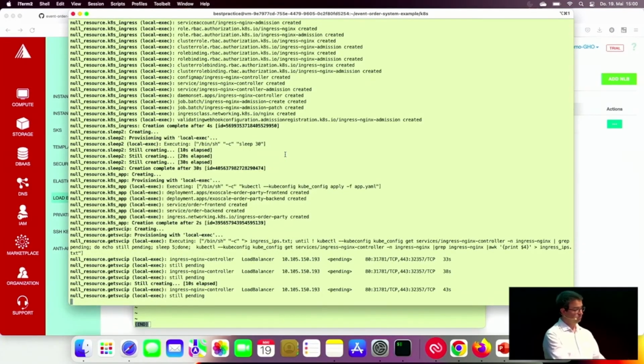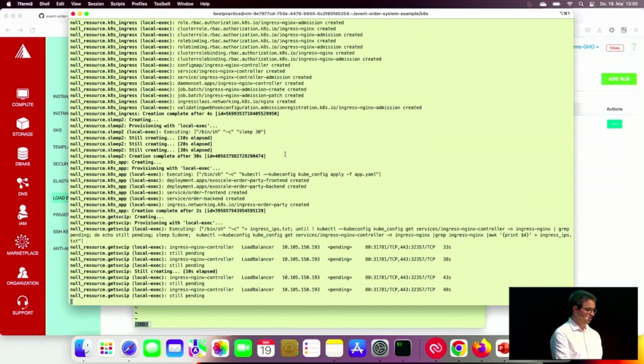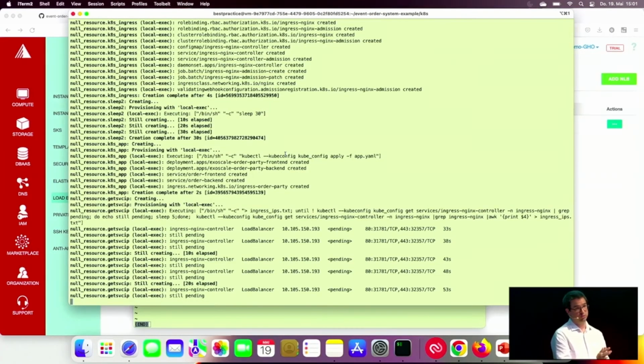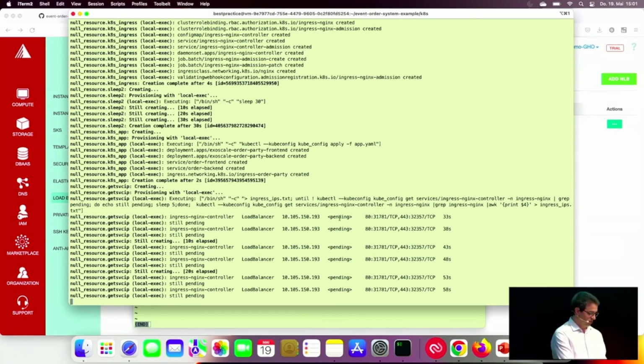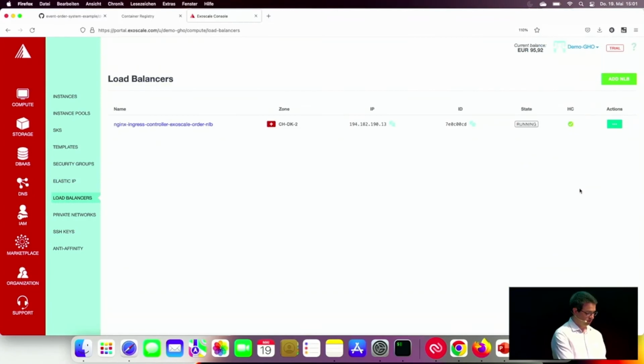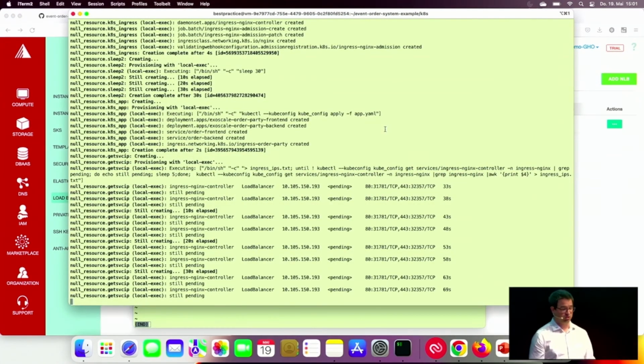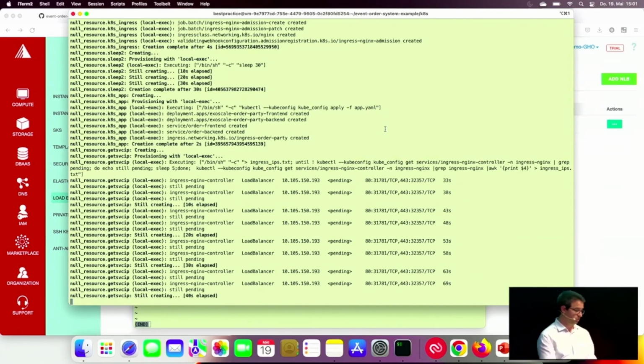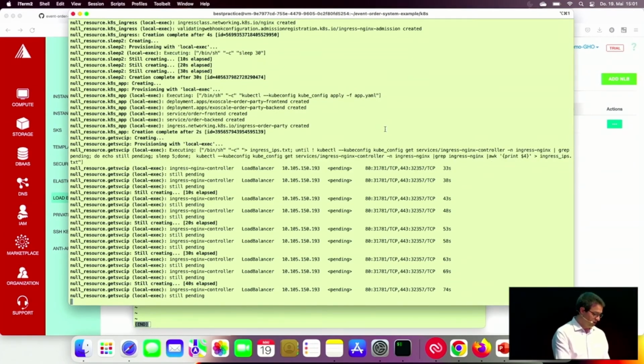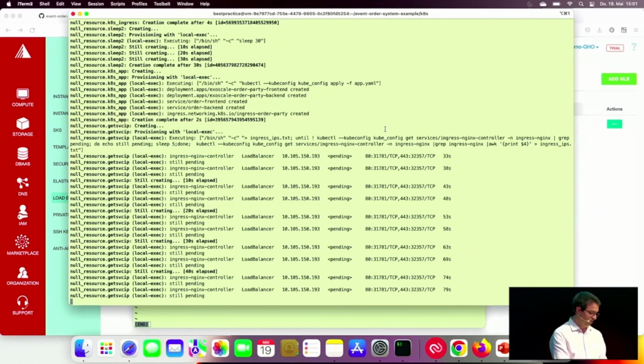Okay, now the last step is running. So Kubernetes is up and running, and our ingress controller is created. Now we need to wait for Kubernetes to get the IP from our load balancer. We see that it's still pending. It should get this IP address, 194.182.190.13, and that will be the address on which our application will be available afterwards on the internet. It's taking some time. And if everything goes right,